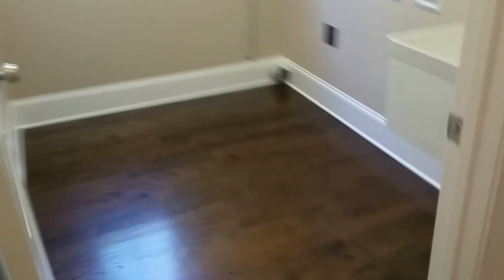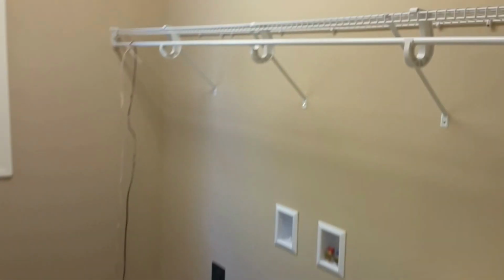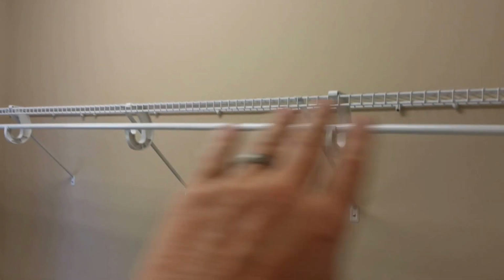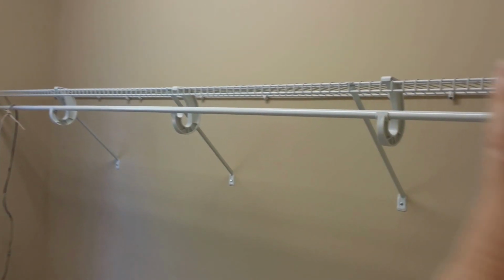Anyway, in our laundry room, sometimes you can put shelves on the countertop in here, but a lot of times what I advise people is if you're going to put cabinets in here,